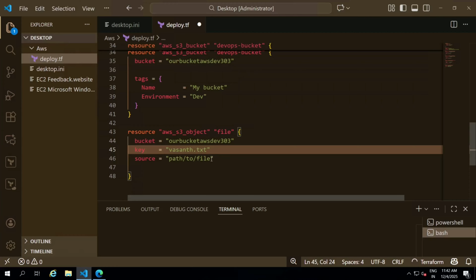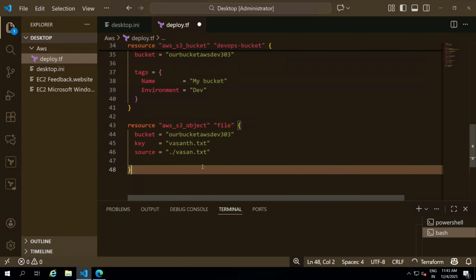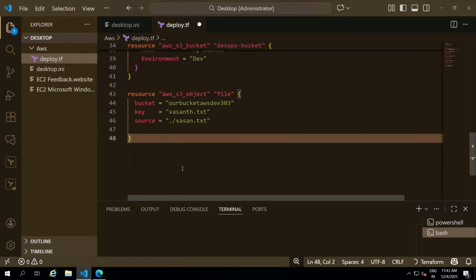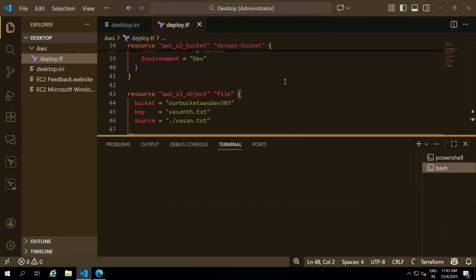I'm giving it as vasanth.txt for source. Dot refers to the current directory, slash vasanth.txt. So now